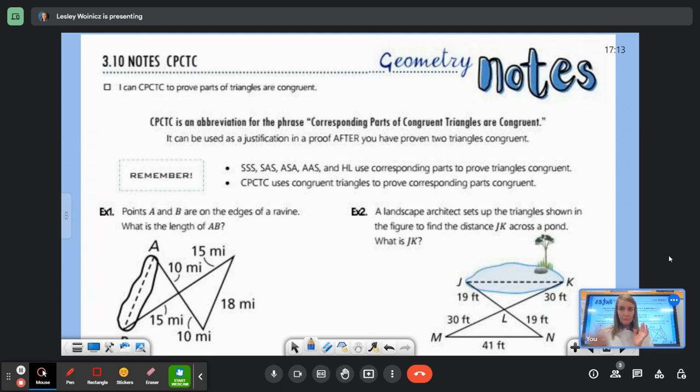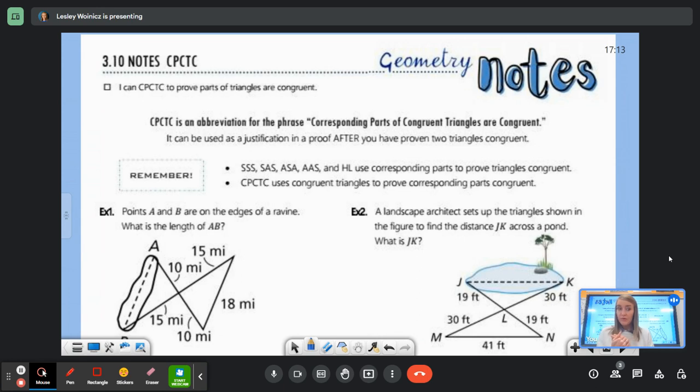CPCTC just stands for corresponding parts of congruent triangles are congruent, because we don't want to write all of that. No one wants to write all that in a line. So this is another abbreviation that we get to use in our proofs. Okay. So you can only use it in a proof after you have proven that your two triangles are